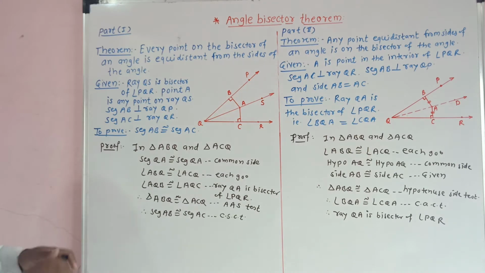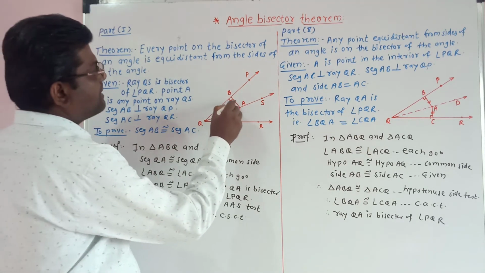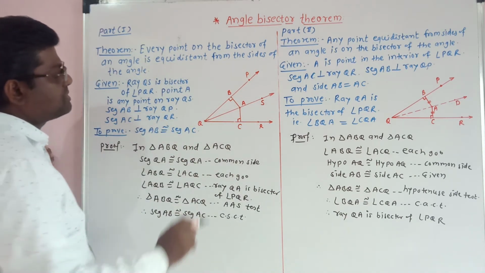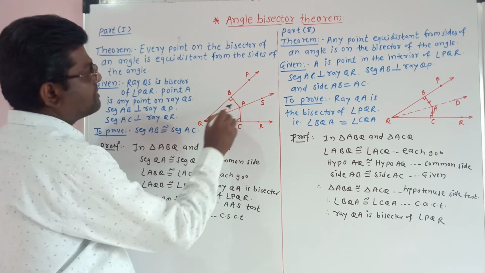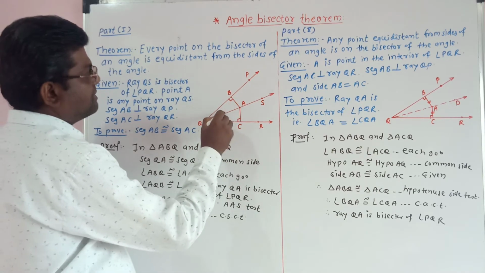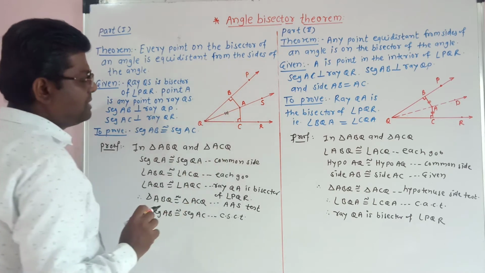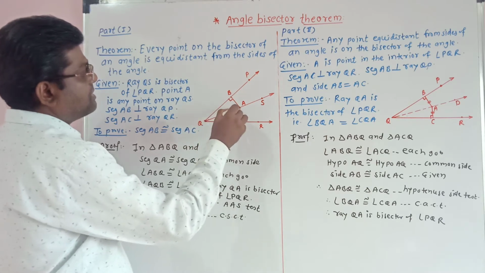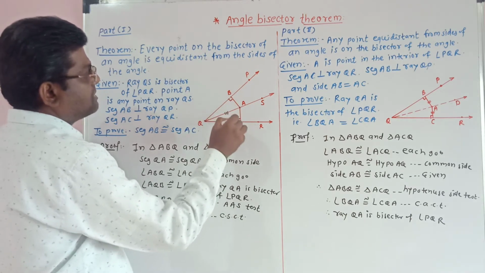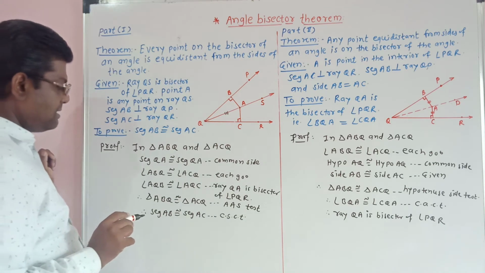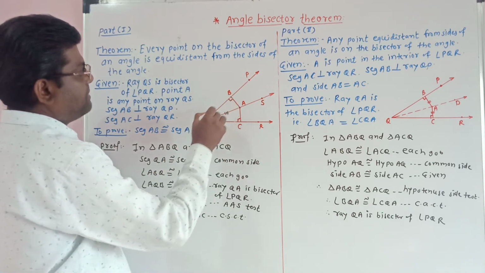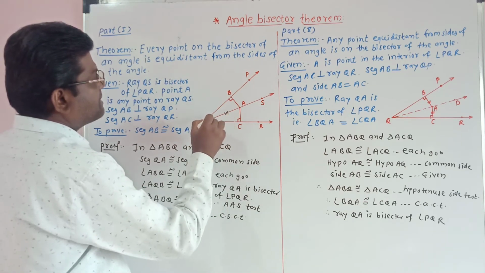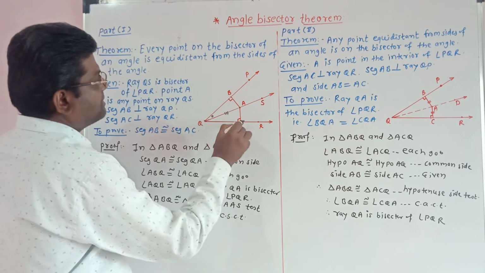Now let's see, here are two triangles, triangle ABQ and triangle ACQ. In these two triangles, segment QA is common. Therefore, segment QA is congruent to segment QA, common side. Angle ABQ is congruent to angle ACQ, 90 degrees, and this angle BQA, or AQB, and this angle AQC